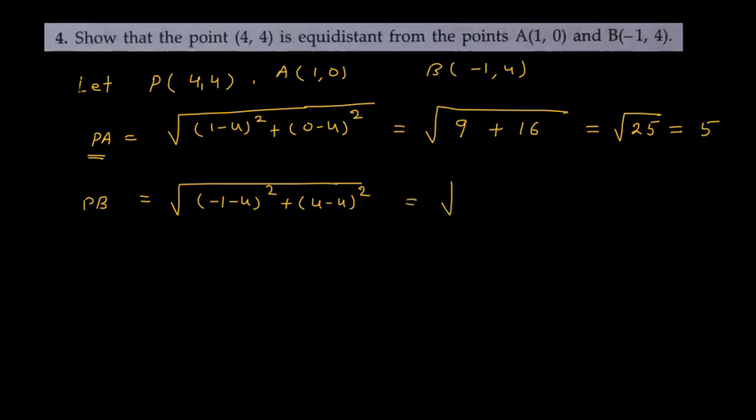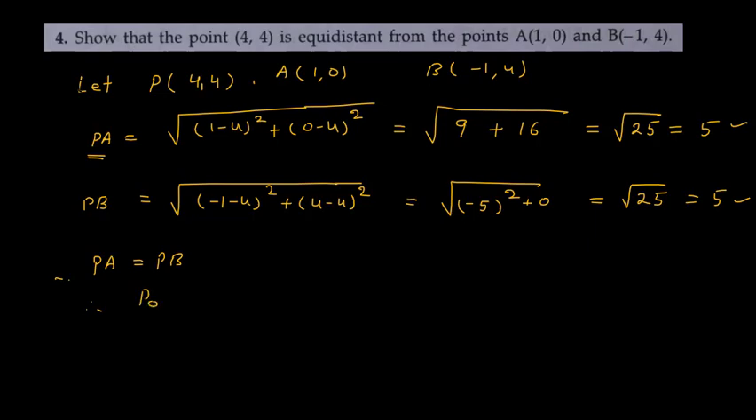So this will become minus 1 minus 4 is minus 5. This is minus 5 square plus this is 0. So minus 5 square is 5 square, that is 25, and square root of 25 you can write 5. Okay, the distance is always positive, so whenever you are taking square root, you take the positive value. Now this is 5, this is 5, so therefore you can say that PA equal to PB, and therefore